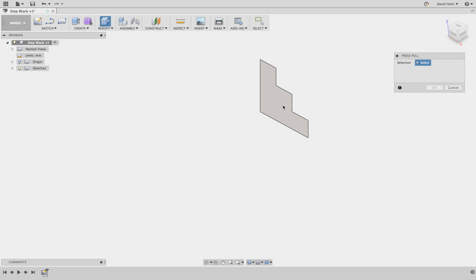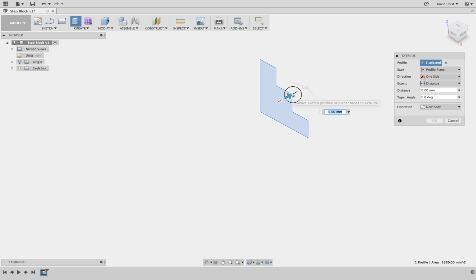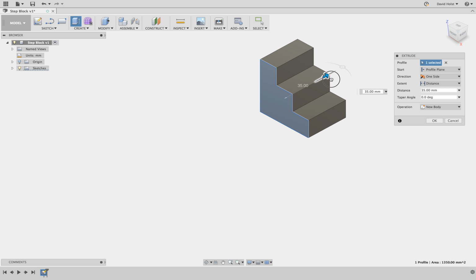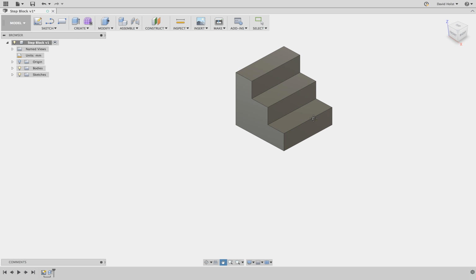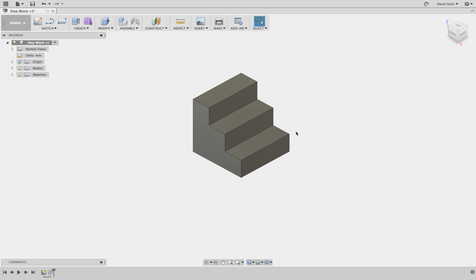Select it, so I need to select the shape. And then what I can do is I can actually push and pull that out to make it a 3D shape. And I want it to go 45 millimeters. So you can pull it out until it reads 45 just here, or you can go to the distance section and change that to 45. And now I can hit OK. And now we've created our first